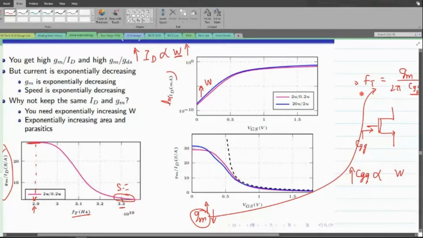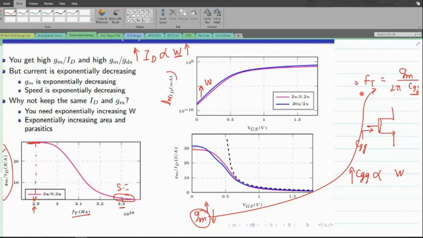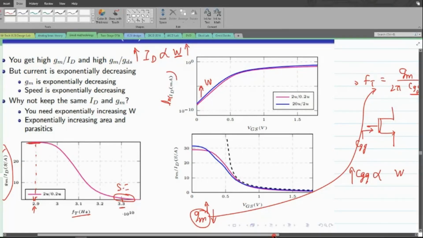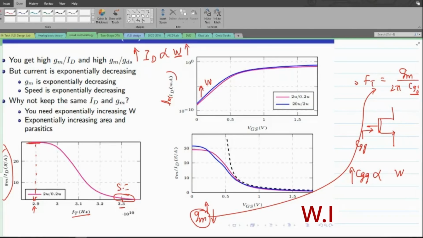The speed of the circuit becomes very small, due to which there may be few applications wherein they use this weaker inversion. Say, for example, in medical devices, where you want to conserve the energy of your amplifier. Anything like a surgery across the heart, where they try to implant some sort of electronics inside the body, right?